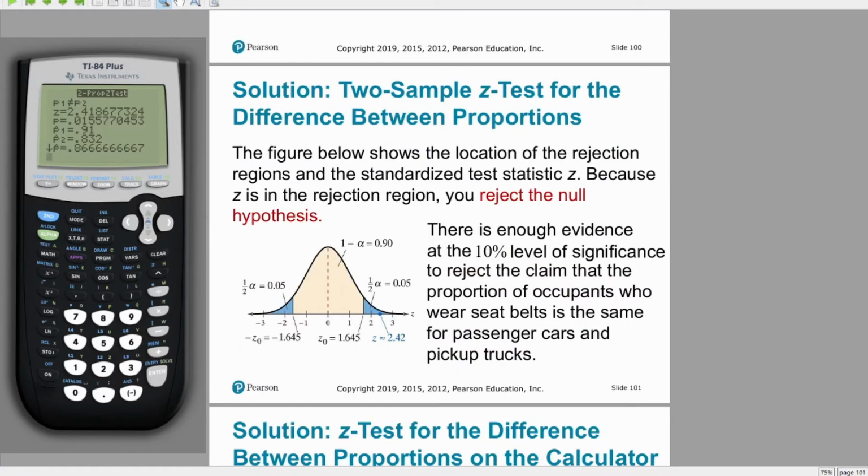1.6%, which is well below alpha equals 10%, but if we wanted to be sure and get our critical values here, we could do something like the inverse normal function here with, depending on how you want to see this, 5% in the left tail or 95 for that right side, since we want 10% and two tails, which will give us one of those traditional z-scores of about 1.645. And whether we reject based on that or we reject based on the p-value, in either case we are rejecting the null,